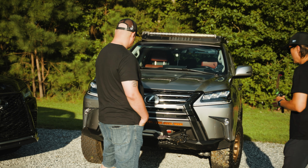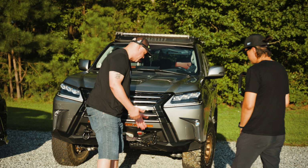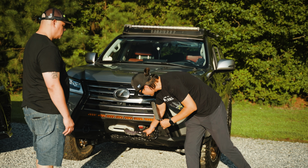You can't really tell that it's been modified from far away. But to educate, because not everybody knows. Yes. This is a tow hitch, right? Yes, so this is a tow hitch. It's actually a Smittybilt X20,